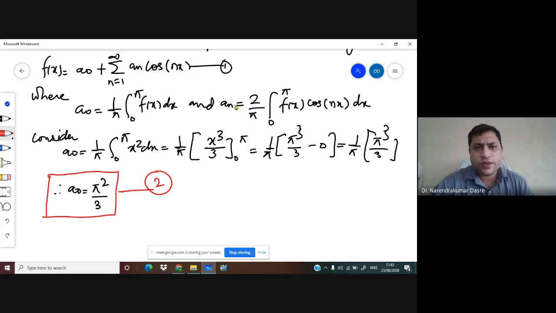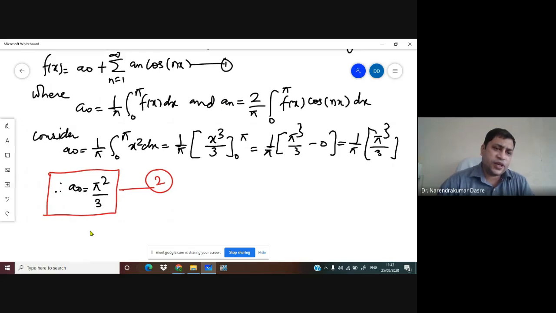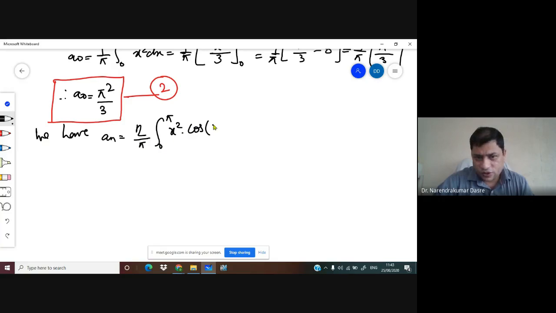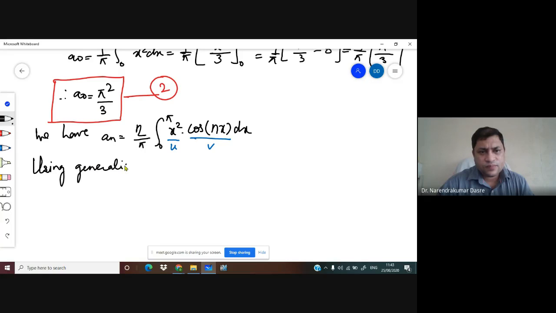Let us find out what an is. So let's go for an now. Okay, and hence we have an is equal to 2 upon pi integral 0 to pi x square cos of nx dx. Okay, so here this is going to be u and this is going to be v. So we have to use the generalized by parts rule. So we can say using the generalized by parts rule